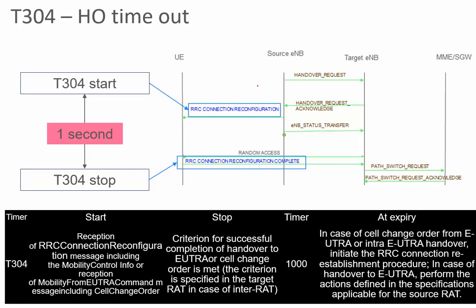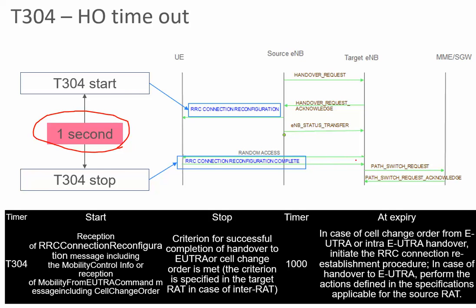During handover, when the eNodeB sends the RRC connection reconfiguration for the handover, the UE receives it. After that, the UE sends RRC connection reconfiguration complete to the target eNodeB. When this happens, timer T304 starts, and if we set 1 second, then the UE waits